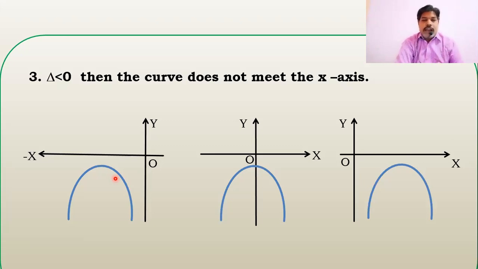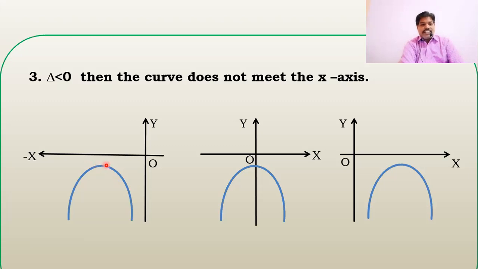First, you have to identify that if a is less than 0, then the given expression has a maximum value. If a is greater than 0, then the expression has a minimum value. Why? Because a greater than 0 means the parabola is an upper parabola, and in that case you will get a minimum. If a is less than 0, then the curve is a lower parabola, and in this case you will get the maximum value.